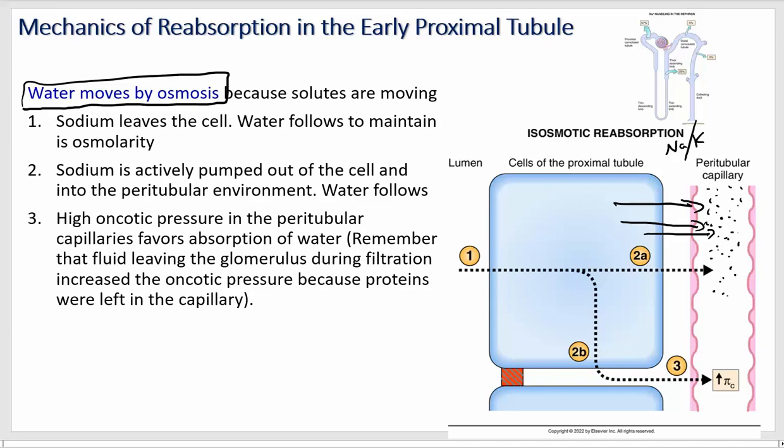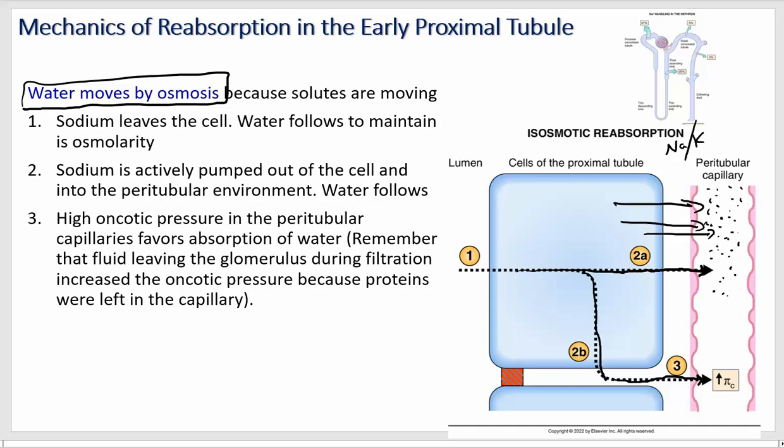Okay, so sodium leaves the cell, water follows to maintain its osmolarity. So this is the movement of water. So water can move through the cell and back into the blood, or it can move out between the cells and move back this way. Either way, we have the movement of water. They've traced this and found that actually quite a bit of water moves out between the cells down here as well. So sodium is actively pumped out of the cell and into the peritubular environment. Water follows. That high oncotic pressure of the peritubular capillaries favors that absorption of water, because we had that buildup